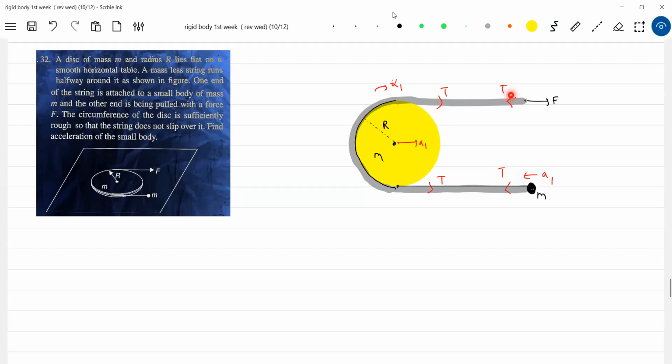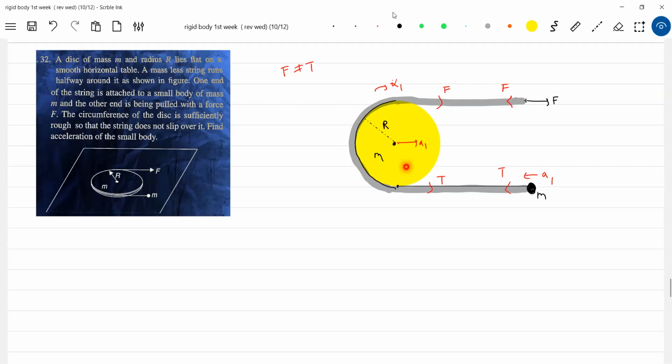Anybody, can you say about tension? Will it be same or different? Very primary question I'm asking. Tension must be different. So instead, it is better to write F. That will be more justified in the question. And F will not be equal to T. But you said tension should be same on both sides of a pulley. It's having a mass m.